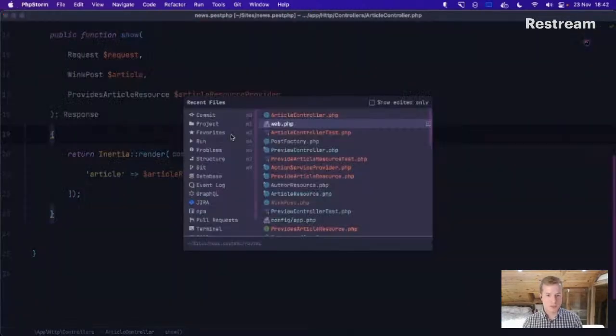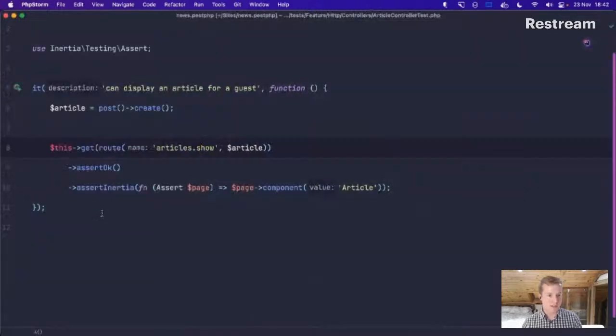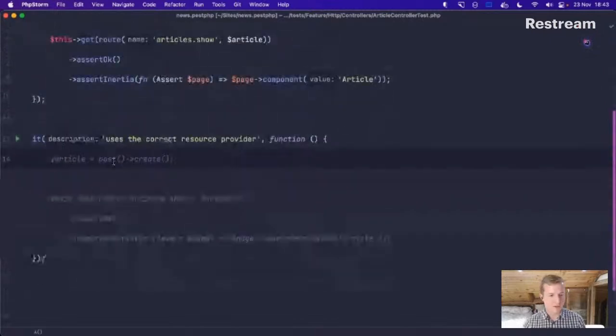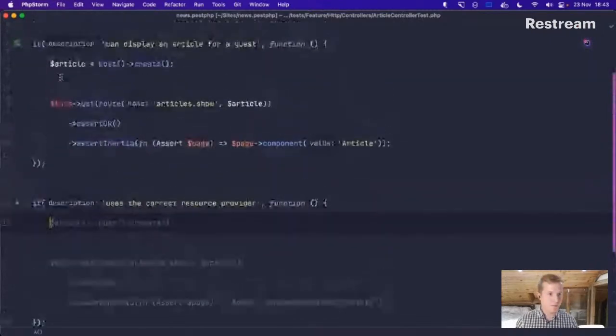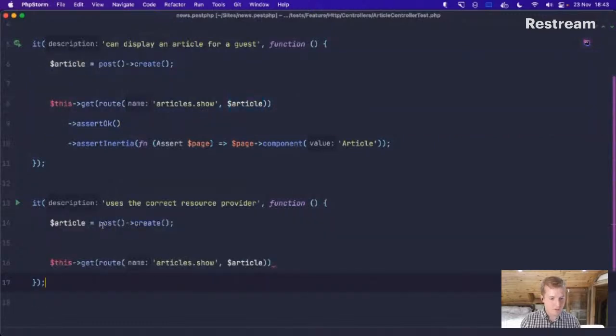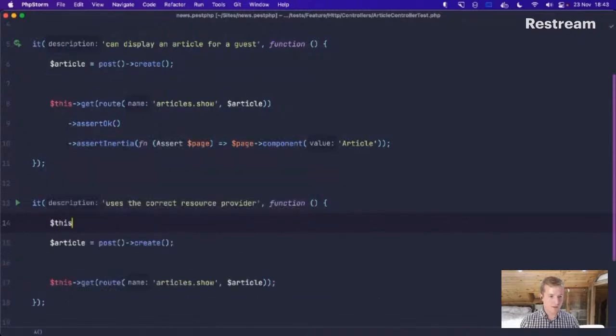And we now just need to go back into article controller test. We can say it uses the correct resource provider, and slightly different naming to what I did in the other test, so I'll probably just go and unify those in a second. But yeah, if I do the same thing, I don't even have to assert OK anymore. I can just say this spy,